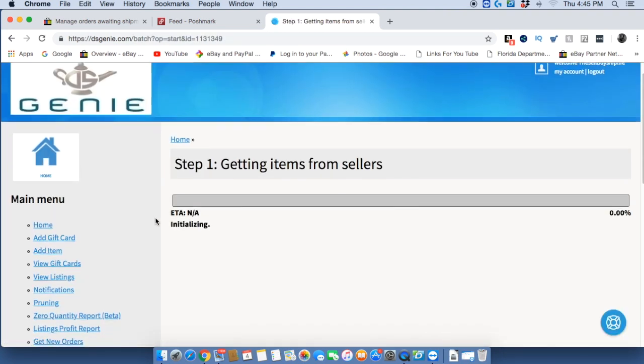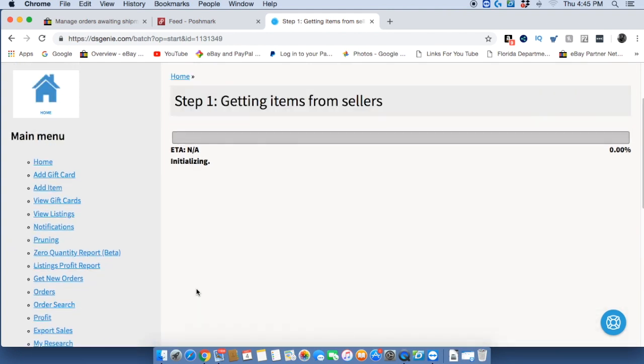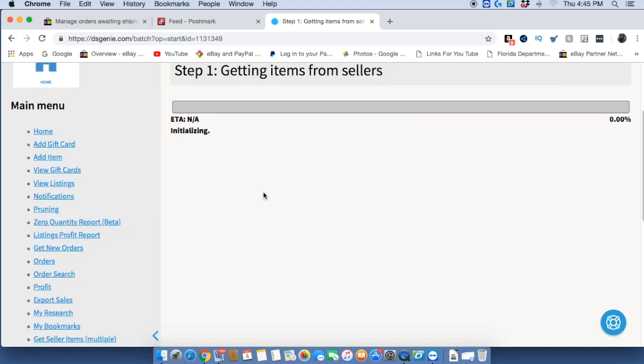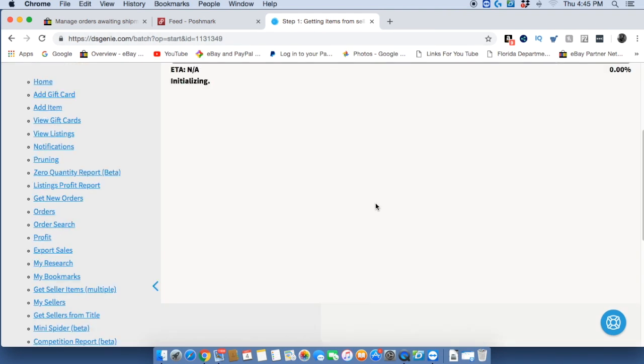Now, generally right here, this progress bar would have already started up and started processing as a percentage of items found or not found within your parameters. But it's been doing nothing all day. It'll stay frozen just like this, and then it will bump you out, and it'll go back to